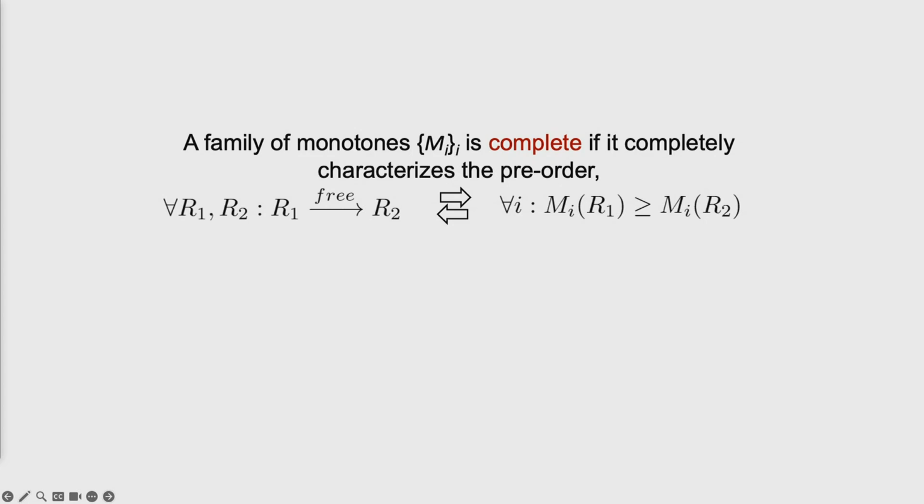But you're right that you might want to say something like, oh, give me a minimal complete set in the sense that there's no redundancy, and maybe the third monotone isn't just a linear combination of the first two monotones, it really says something new. So, strictly speaking, you could ask for more than completeness. You could ask for a kind of minimal type of completeness. Thank you. Yeah.